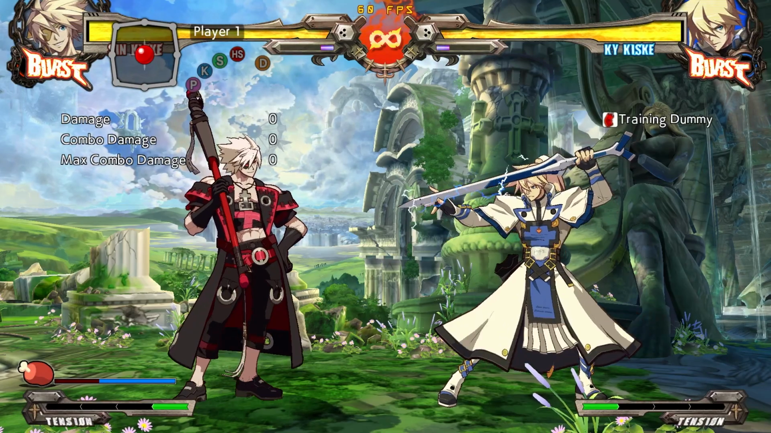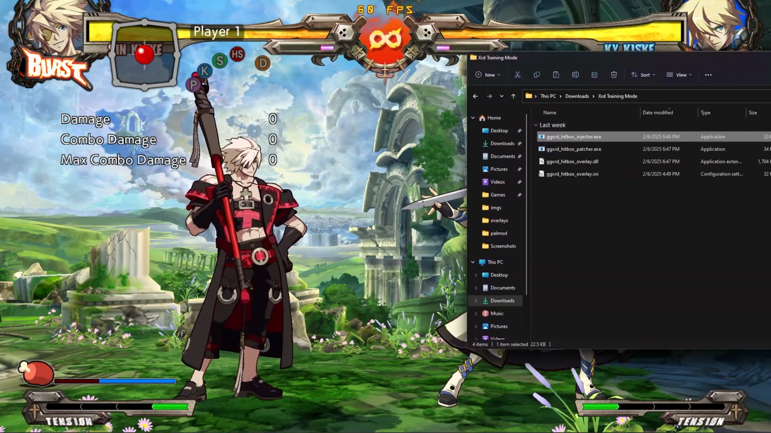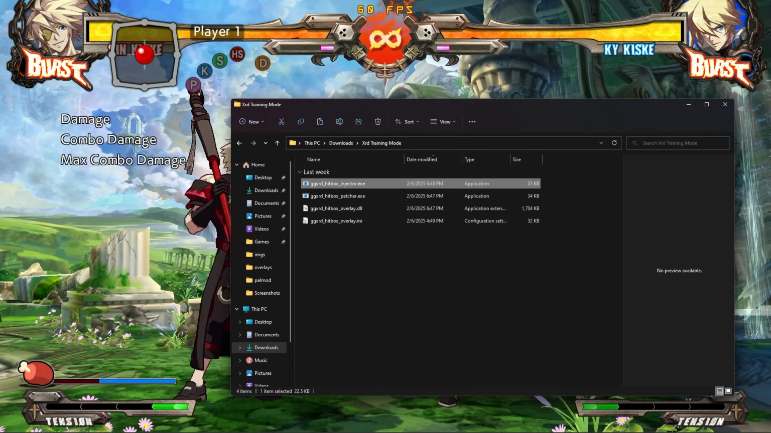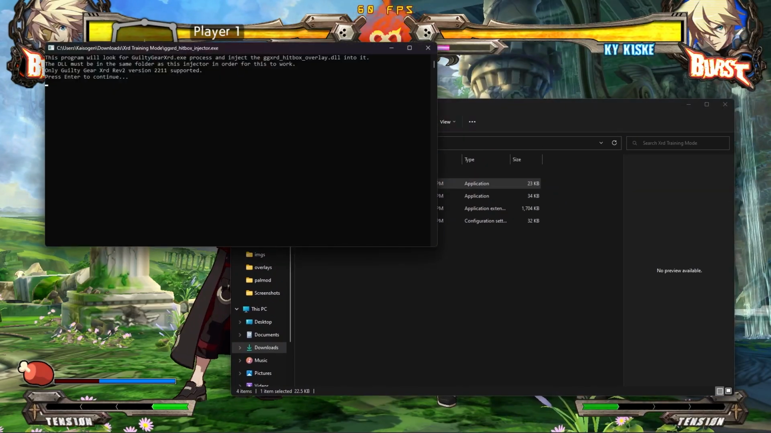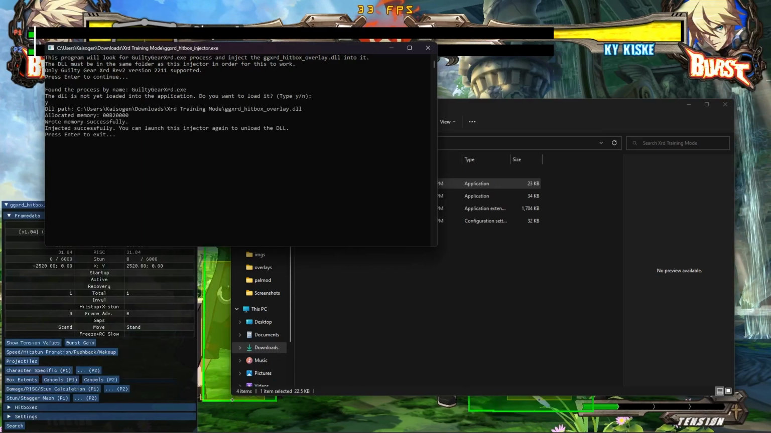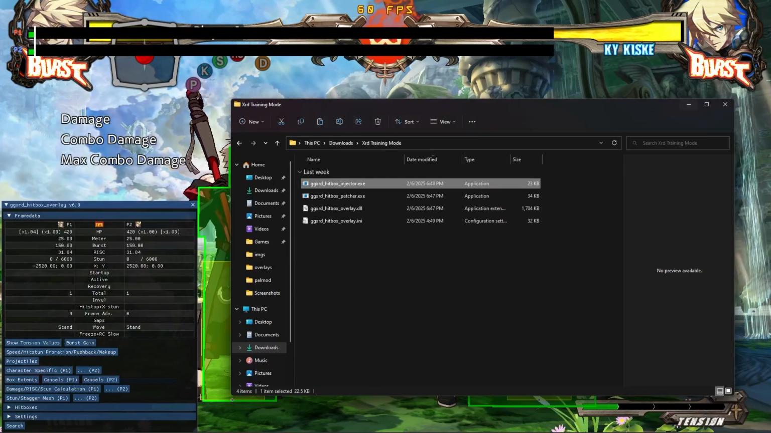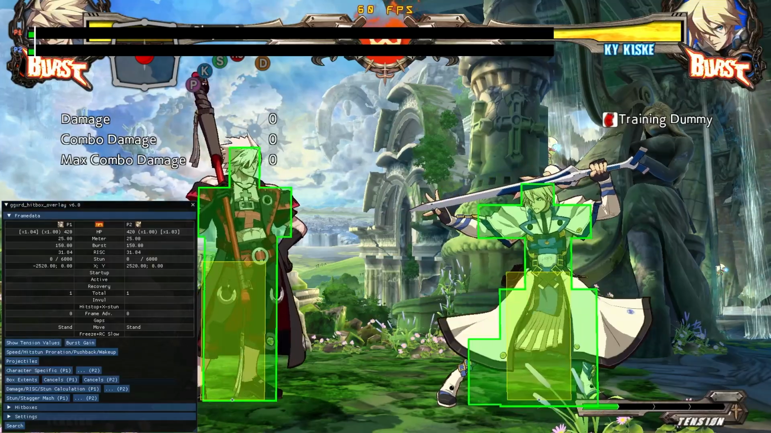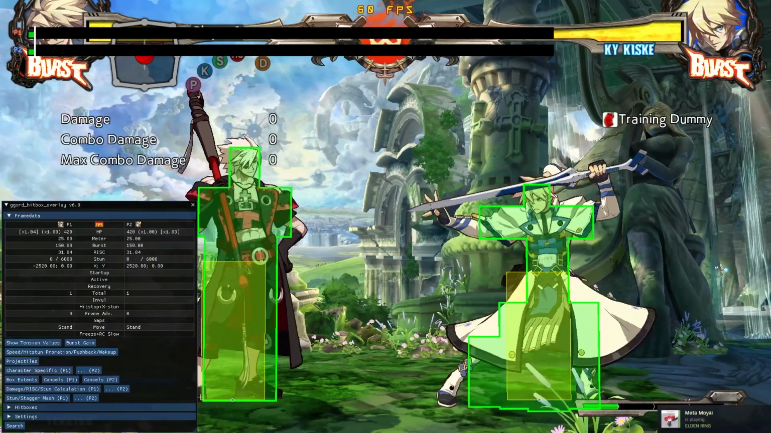From there, just go ahead and open the game. You can go into training mode if you'd like, find that folder, and then open the injector.exe file. It's going to open a little window, you hit enter, type Y, enter again, and you can hit enter and it closes it. And then it's going to pop up all of these windows,